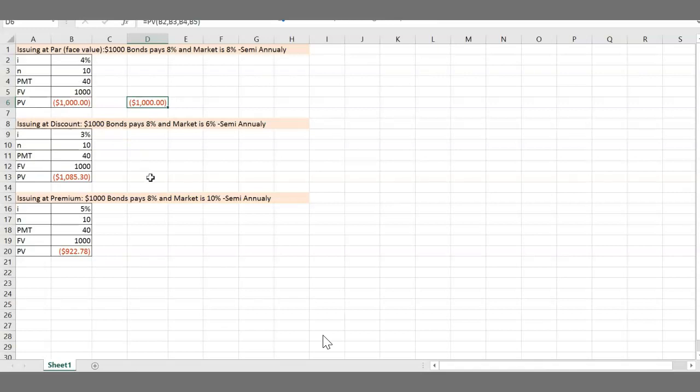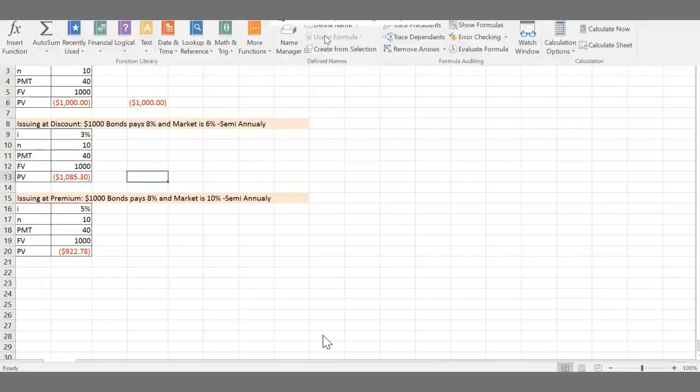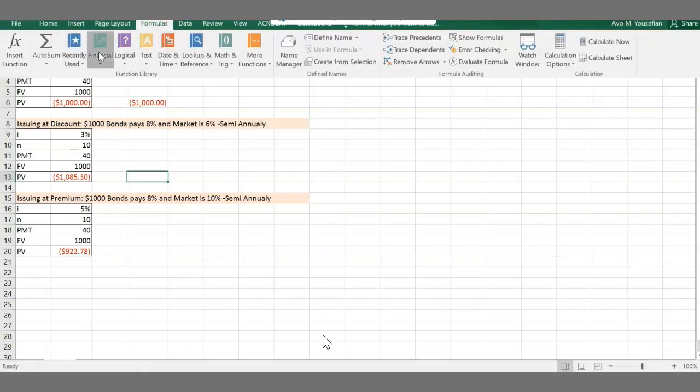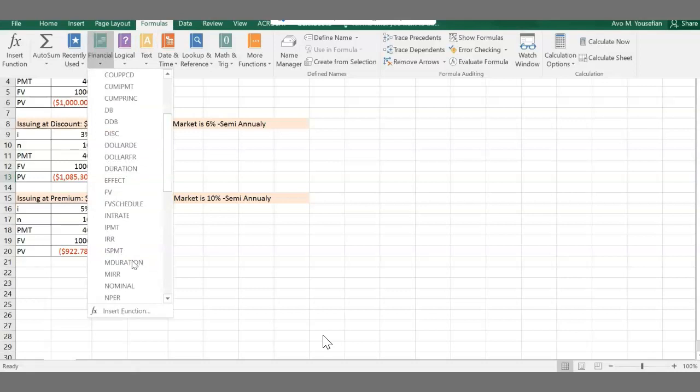Same thing here. If I want to see if the bond is paying 8% and market is only 6%, so this will be issued at a premium. That means the bond needs to be paid more, but they pay less because market is 6, but the bond is paying right now too much. So because the bond is paying too much interest, then at the issue time, they will ask for a premium. So if I want to calculate that again here, you go to financials, you go to present value,